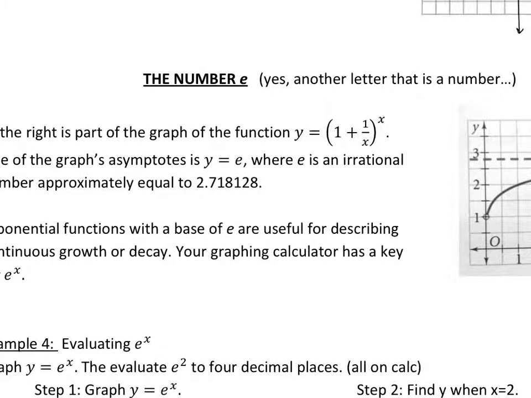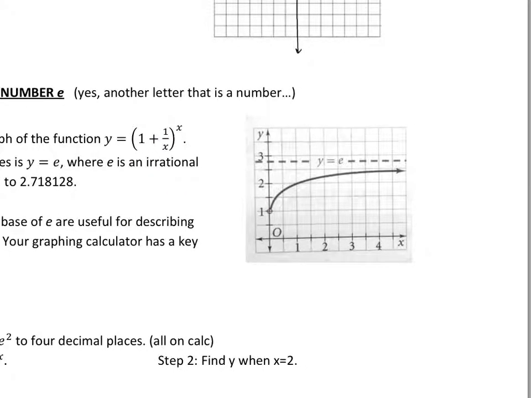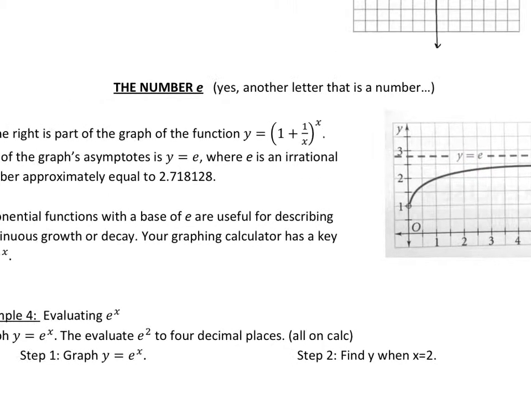Where we get e from is this crazy equation here. It makes a graph that looks like this. And that graph has an asymptote at y equals e. E is this decimal that goes on and on and on. That's approximately what e's value is. So this is e. You do not have to memorize that, luckily,